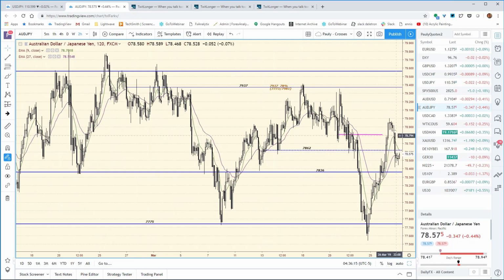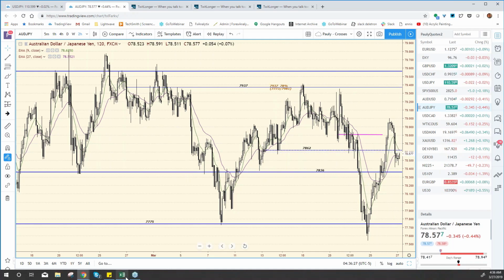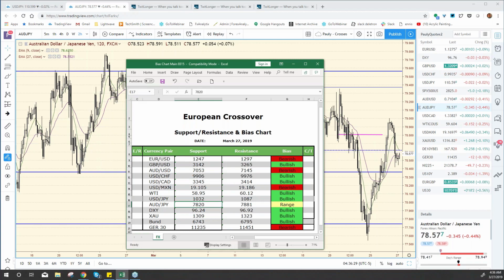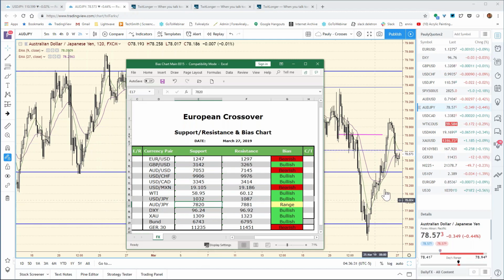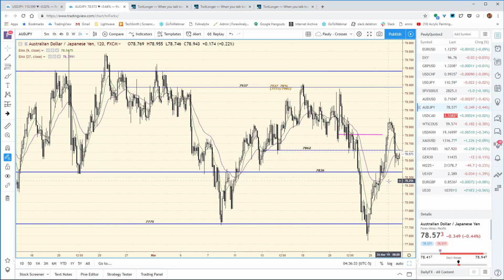We saw the Aussie Yen finally come off a little bit. 79.02 was a 61% of this move, and we saw this market make a nice little protracted dip here. We had our bias chart support here, as low as 78.20. Kind of a mixed bag, a little bit. We're going to go in and keep that 78.20, and then on the upside, we're going to go with